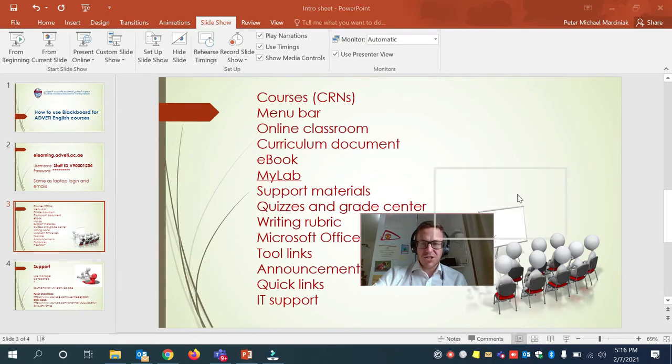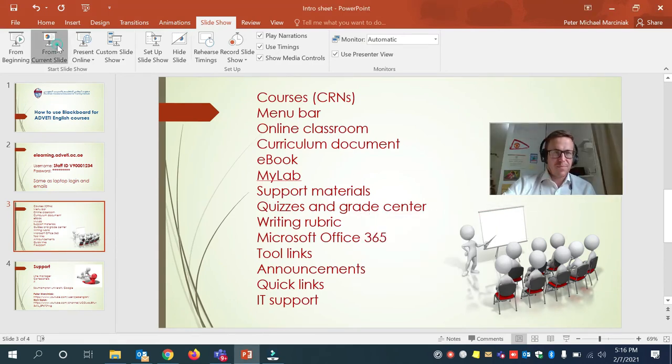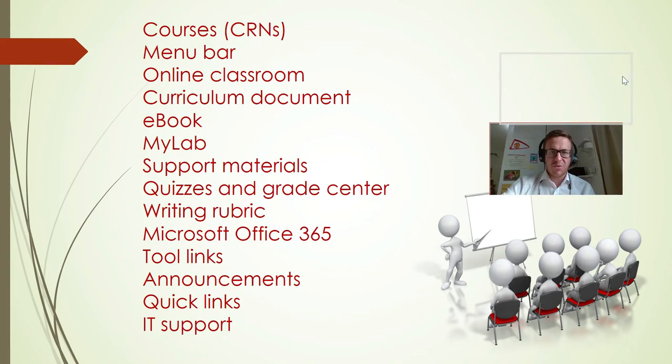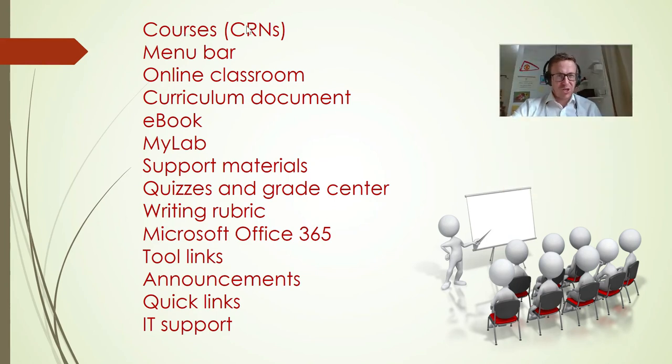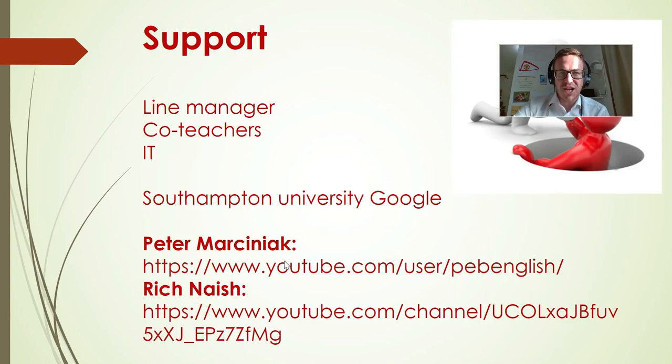And so let's just quickly recap what we've covered. So we've been through all of these things. We looked at the courses. The CRN refers to the course number, course record number. So your course has a name like English or maths, but it also has a number, so that attaches to the group that you're teaching. We went through all of these parts of the thing,